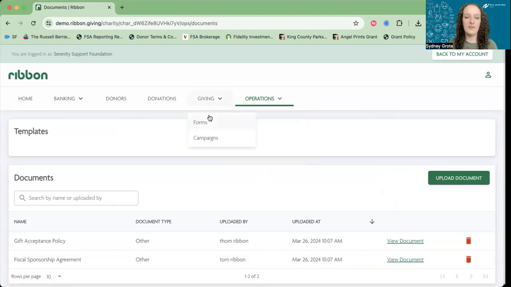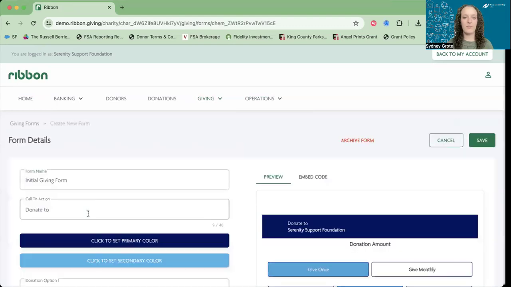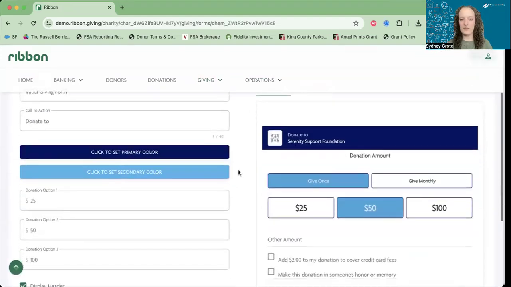All right, next, the most important thing when you're just starting out is getting donations in. So we're going to start in the Giving tab, and we're going to start with forms. Now, Ribbon enables you to receive donations online via credit card. There are a number of different ways that we'll get to in just a second, but that is the most common way of giving. And so we're going to start with this initial giving form. The form, as you can see, is kind of the nuts and bolts of how donors can actually donate